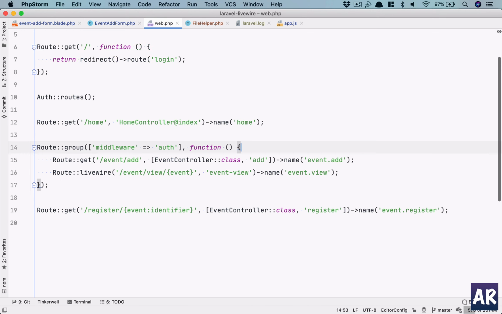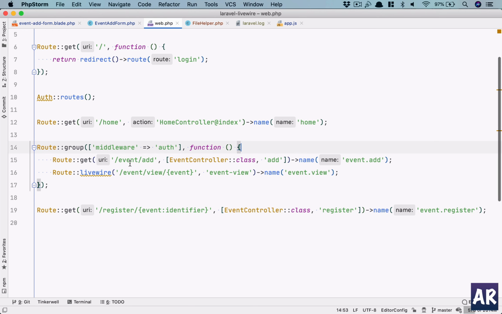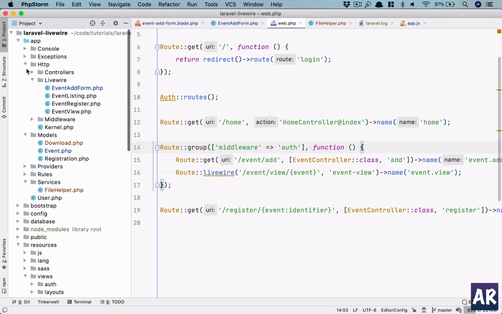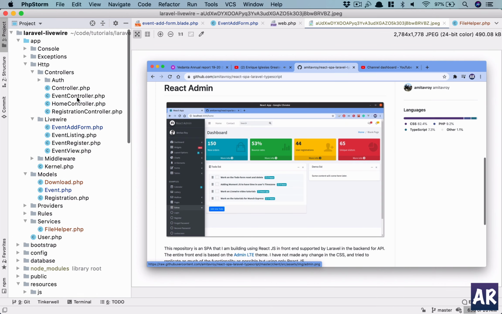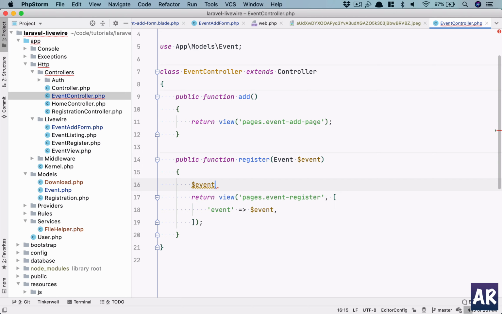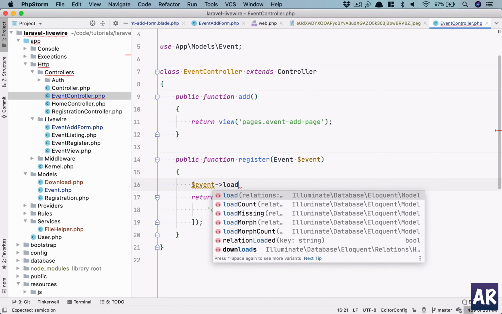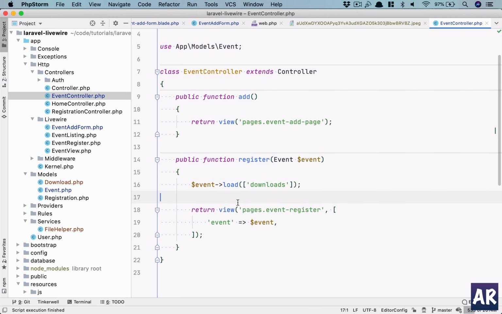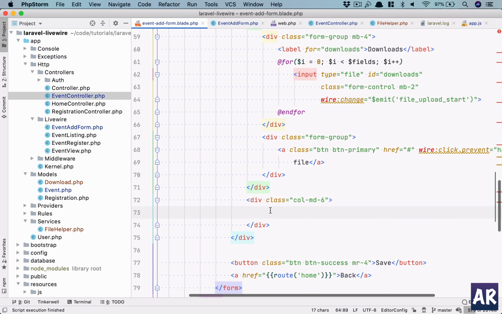Let's go to web.php. Right, so I have the controller, the event controller. In here, what I will do is add the relation downloads. Okay, and so with this, what I should be able to do is, inside this blade file,